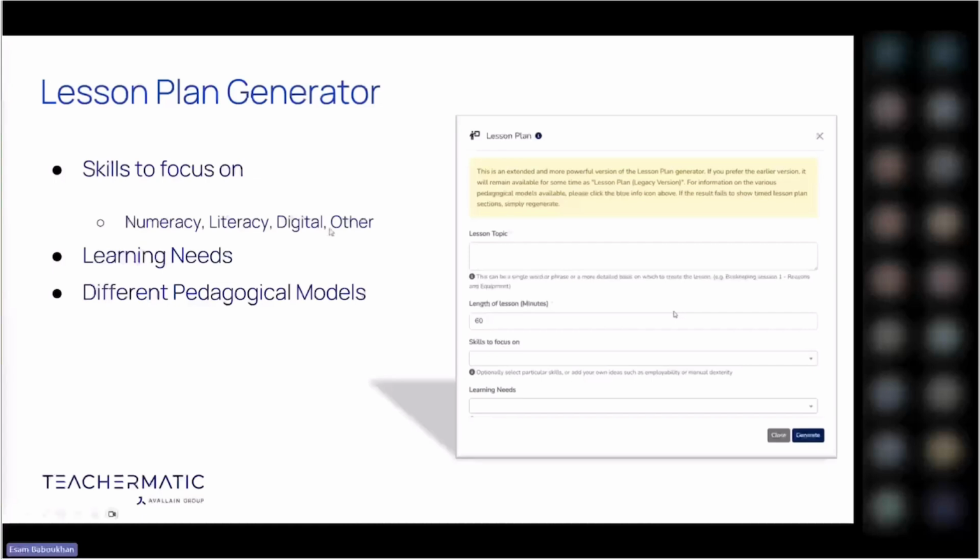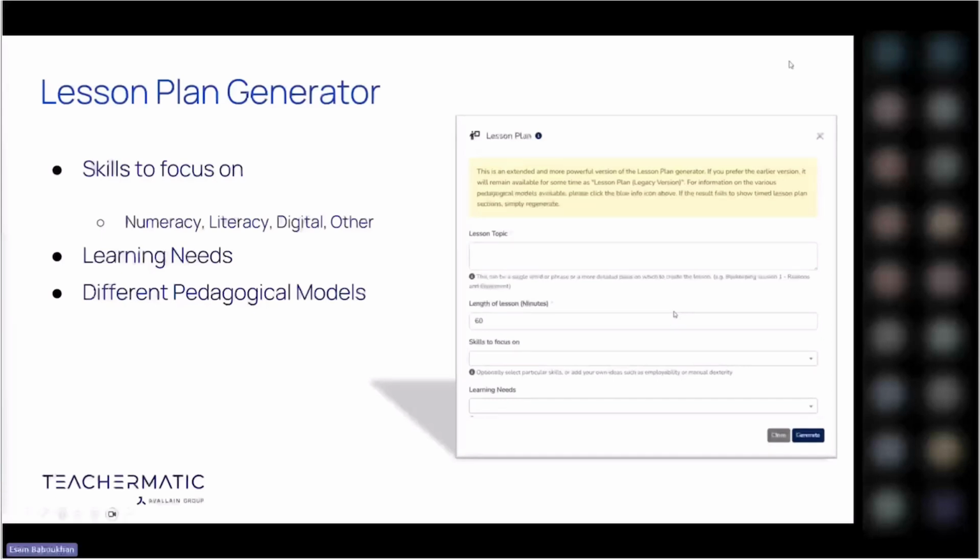So make sure that you use your own creativity and insight, along with the other generators, by the way, to personalize the lesson plan. When I used to get observed, it would take me days and days to create my lesson plan and my resources. What TeacherMatic should be doing is reducing that workload and reducing that time and energy to get you a big head start. But it's not the final product, okay?